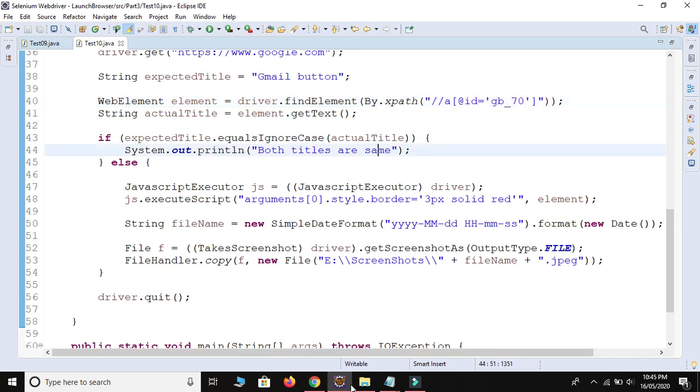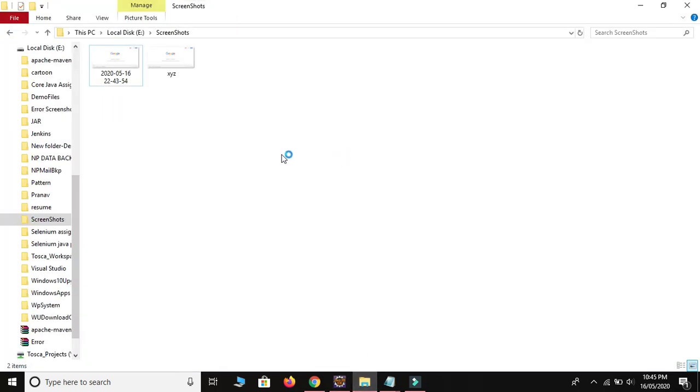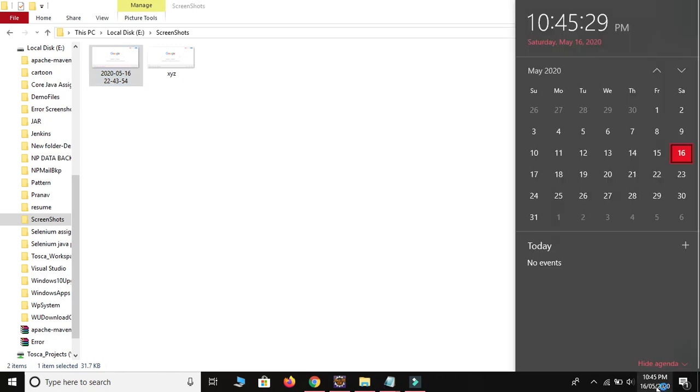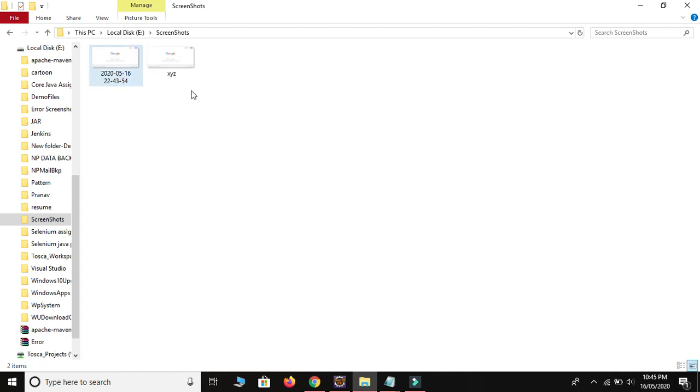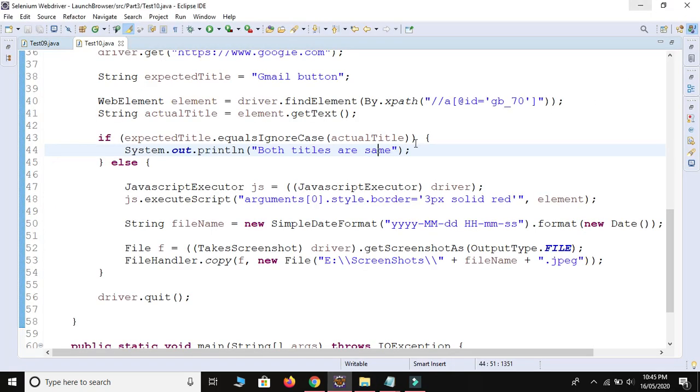I have taken one screenshot at this time, 22 43 54, at 54 seconds. But as you see here, the time is changed now. This is 45. So it will take the new screenshot with a new name. Okay, so now I have proof with both elements. First one is with the Gmail and second one with the sign in.